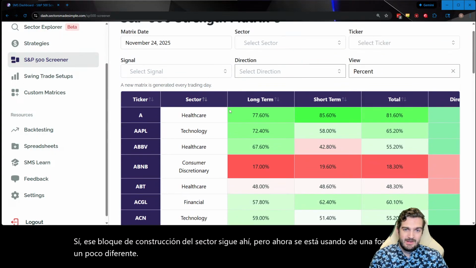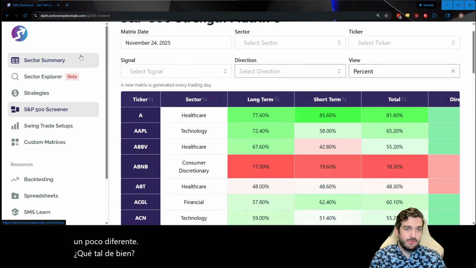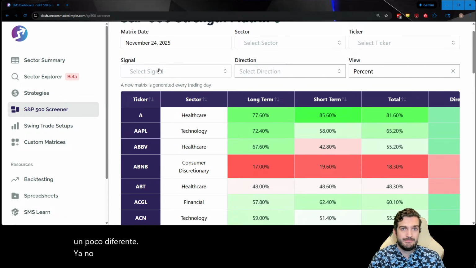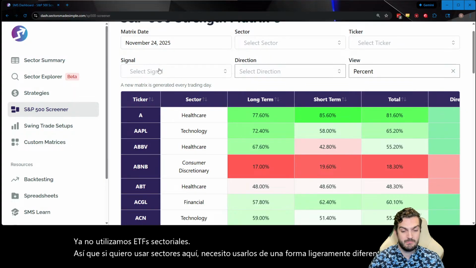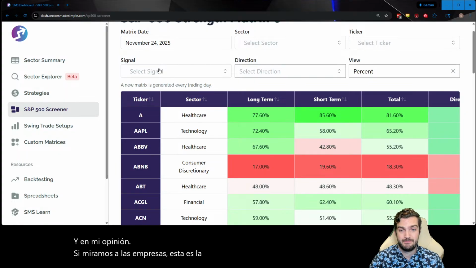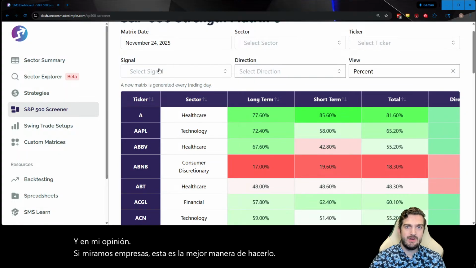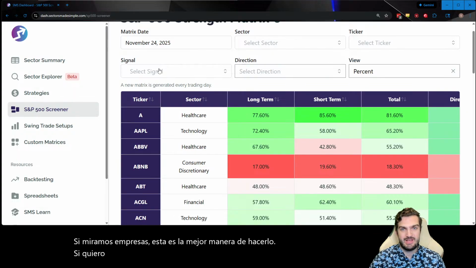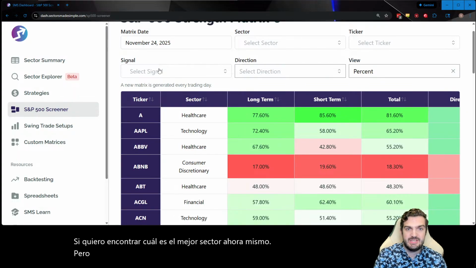Well, we are no longer using sector ETFs. So if I wanted to use sectors here, I need to use them in a slightly different way. And in my opinion, if we're looking at companies, this is the better way to do it. If I want to find what the best sector is right now, but I want to invest in companies, not the ETF,